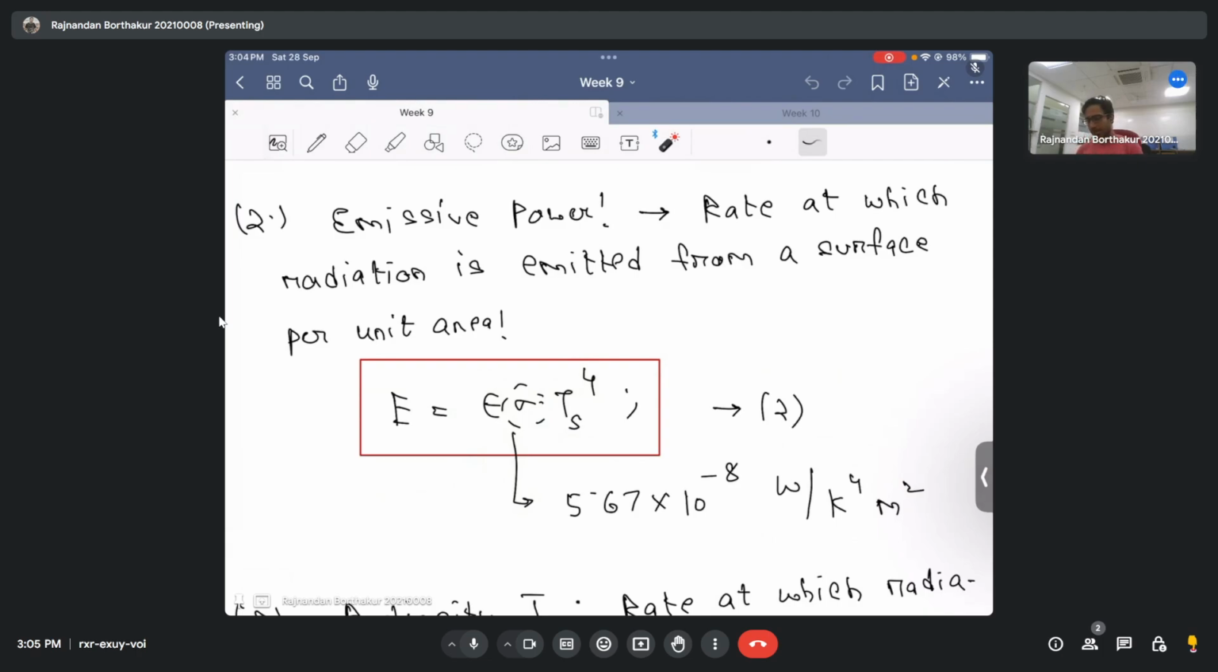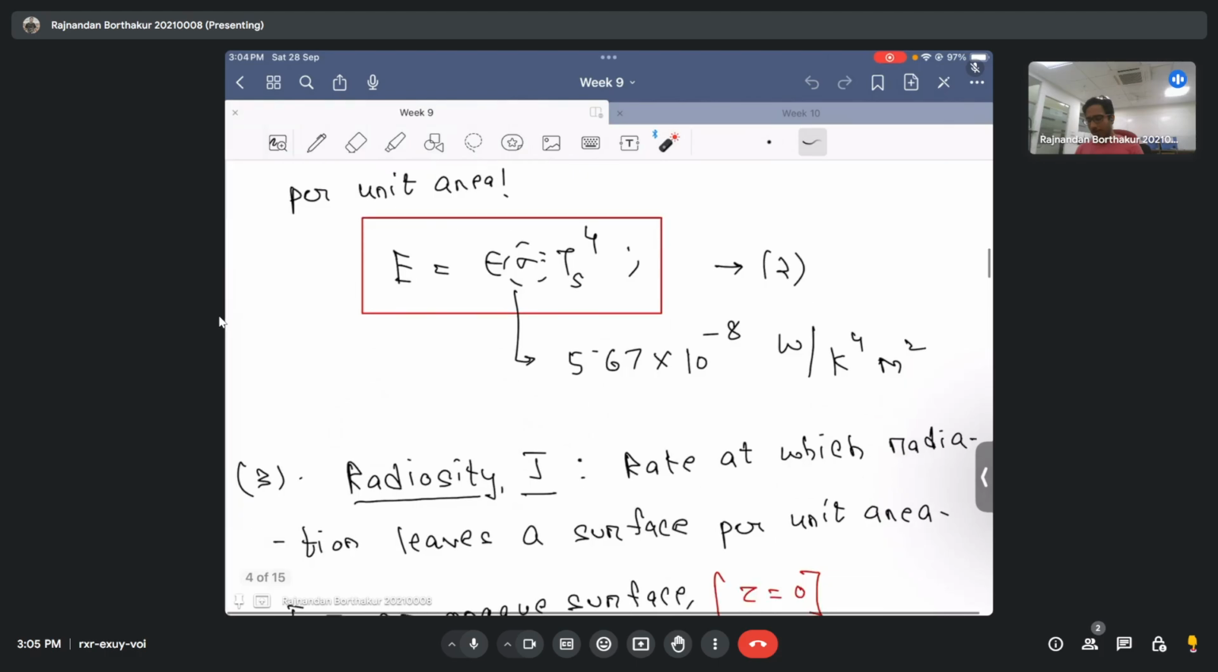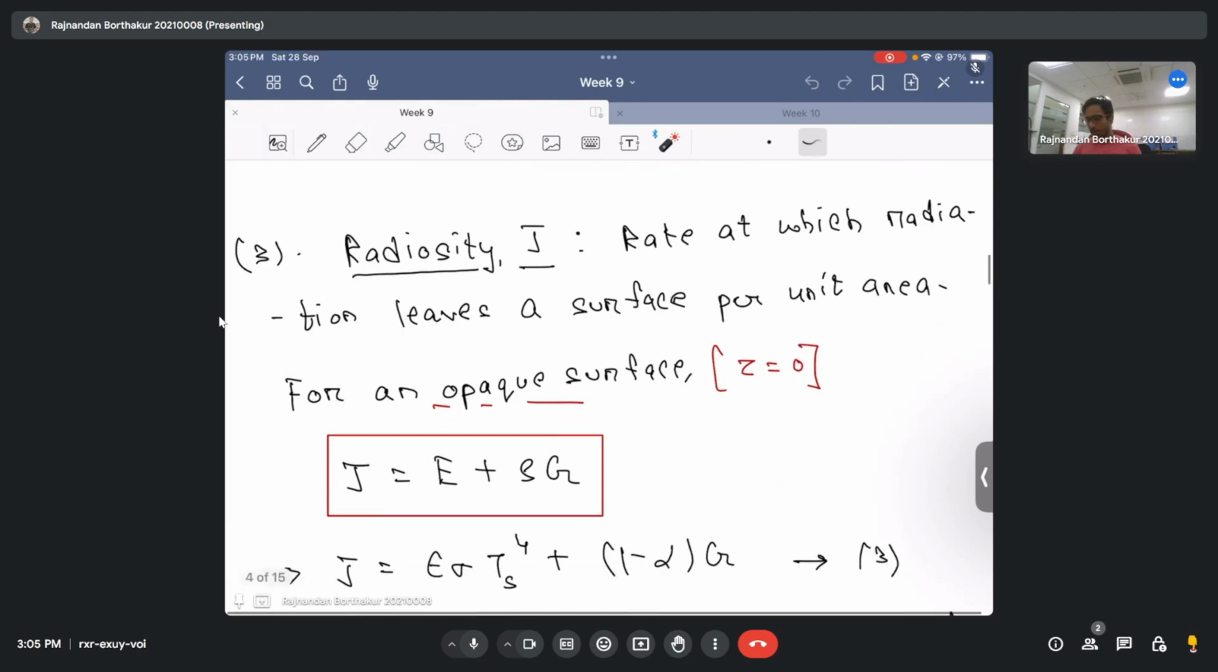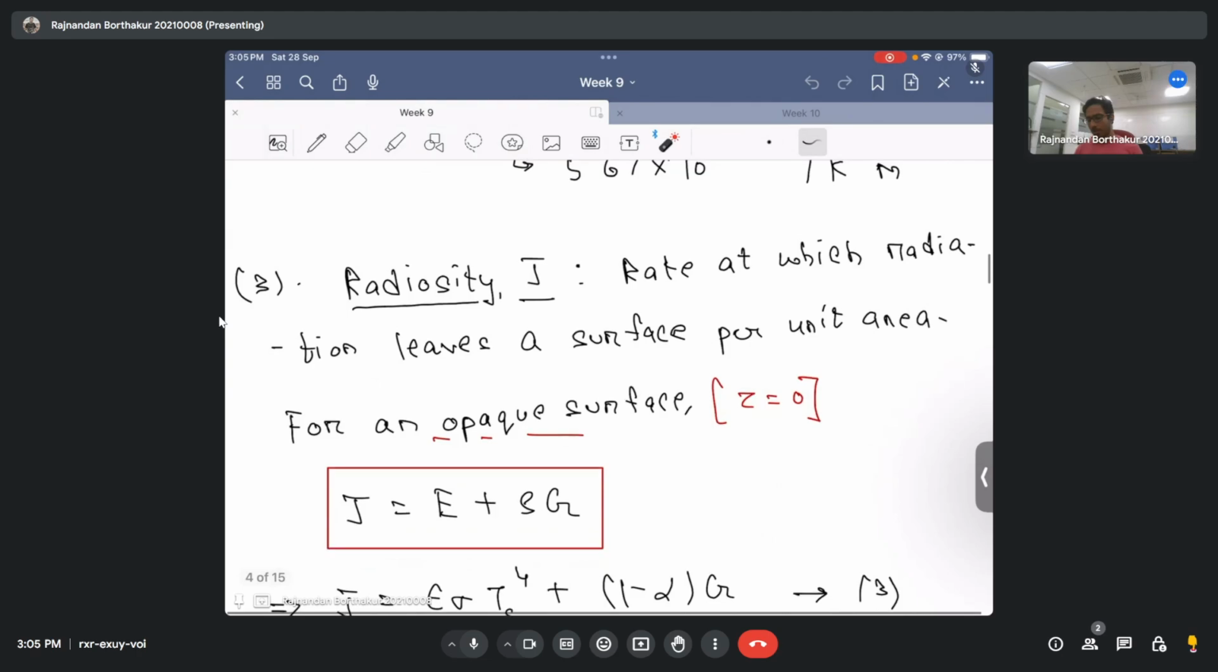But nonetheless, this equation basically tells you what will be the emissive power of any body that possesses an absolute temperature Ts. Okay, and thereafter, having seen what irradiation and emissivity mean, we saw something which is known as radiosity, which